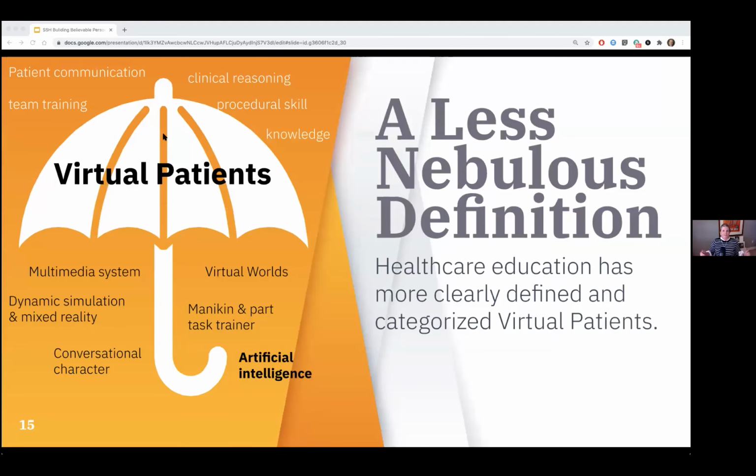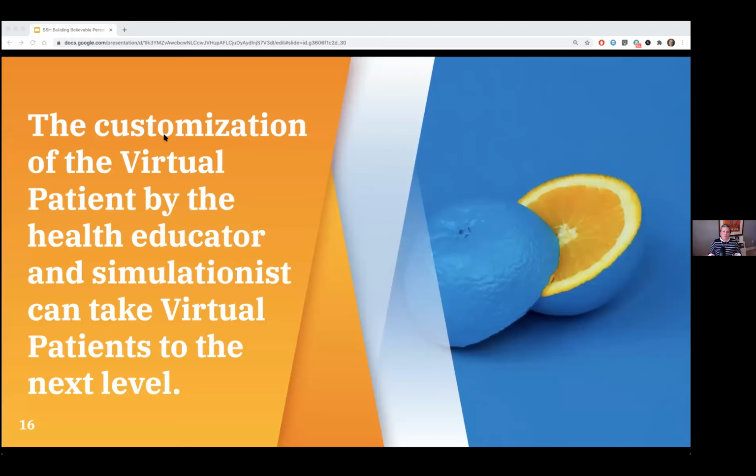So today, under the virtual patient umbrella, there's a section of the canopy for virtual patients that use NLP, this natural language processing and artificial intelligence, to address patient communication and clinical interviewing. Within these NLP and AI virtual patients, the end user has the power of authorship over these patient cases, building personas and synthesizing responses without a degree in computer engineering, which was great news to me because I'm not a computer engineer by training.